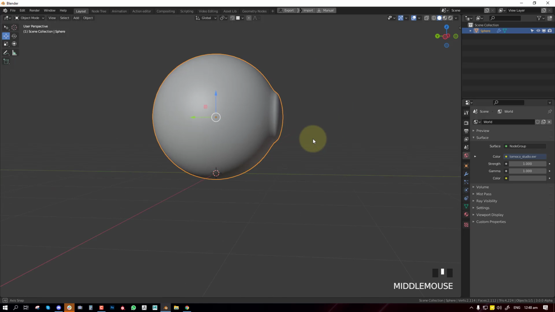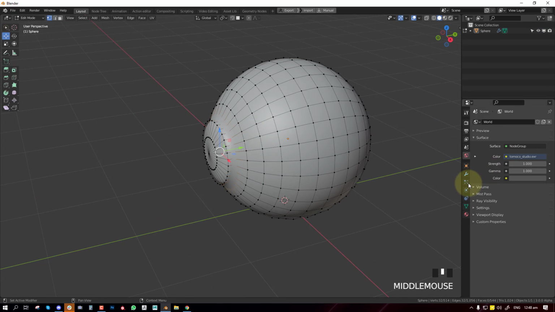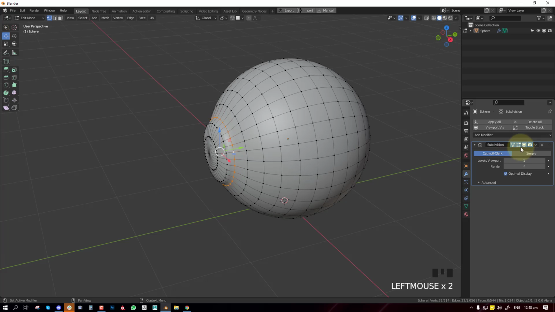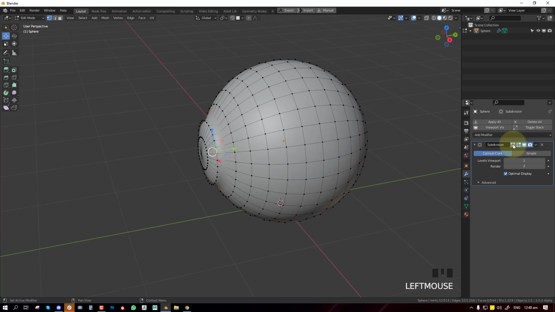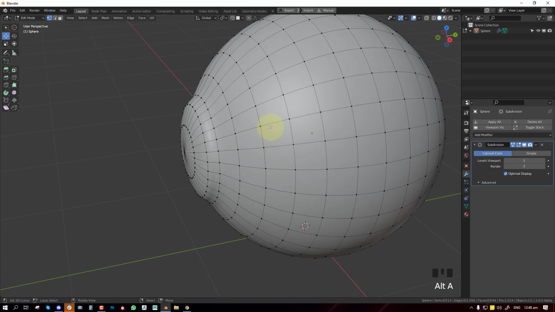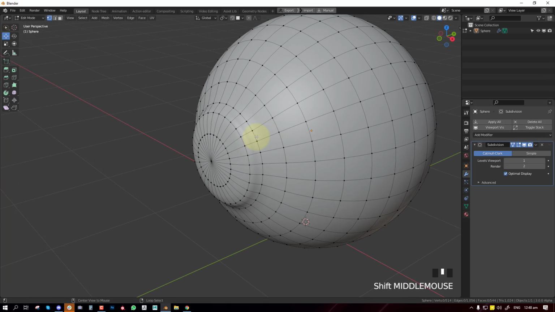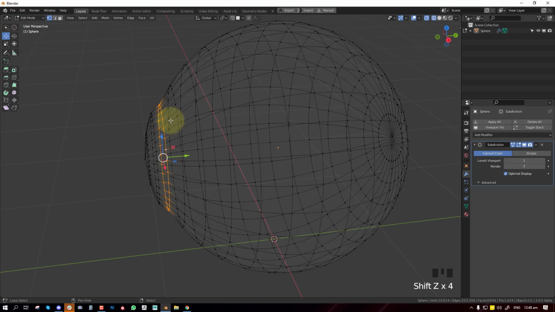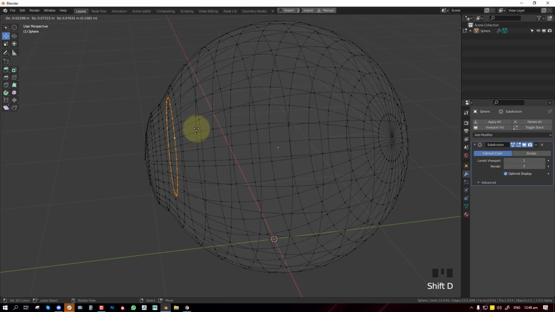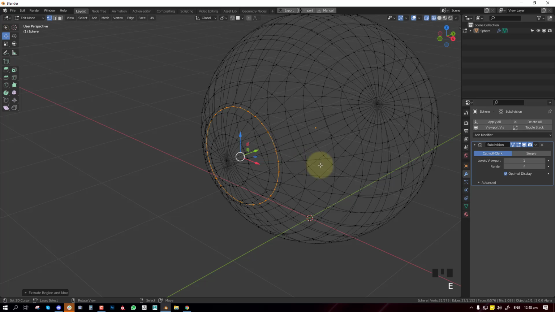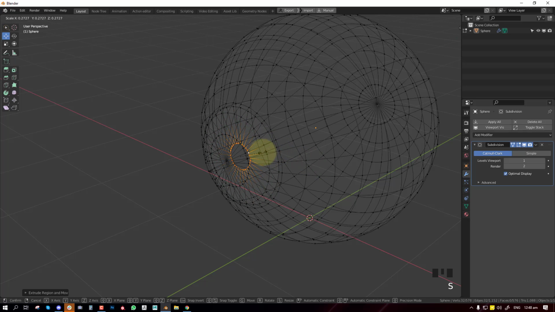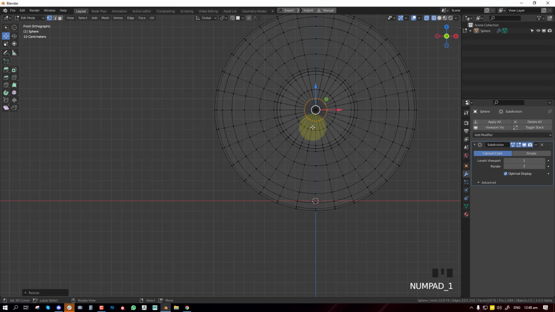So this is what we have now. I will click on this visualization button to allow the subdivision to be previewed in edit mode. Next, I will select this point and Shift D to duplicate it, extrude it inwards, something like this.